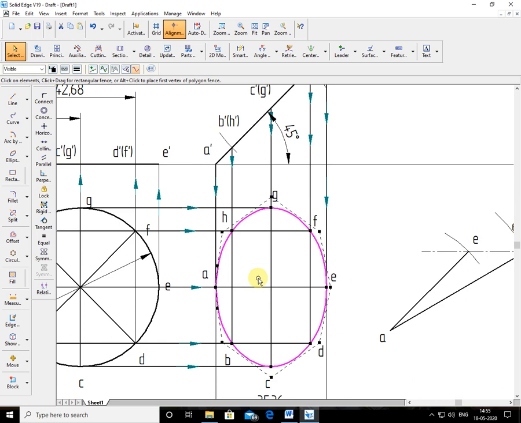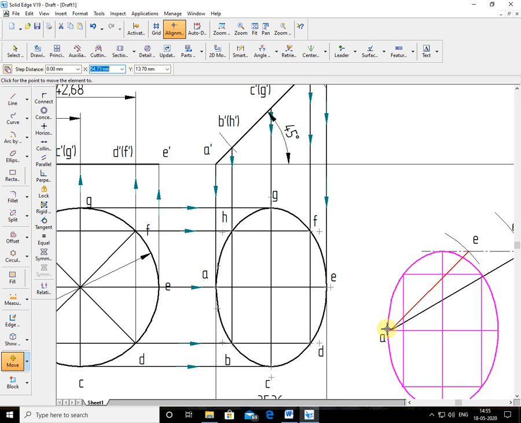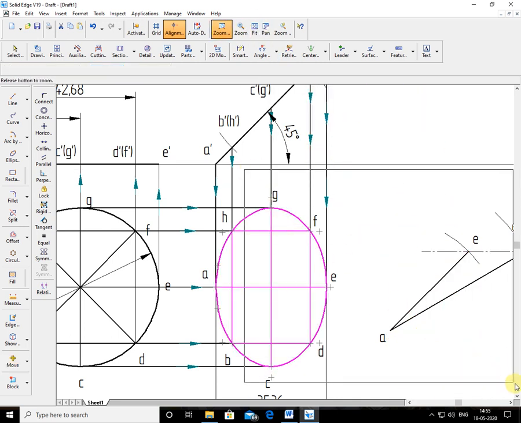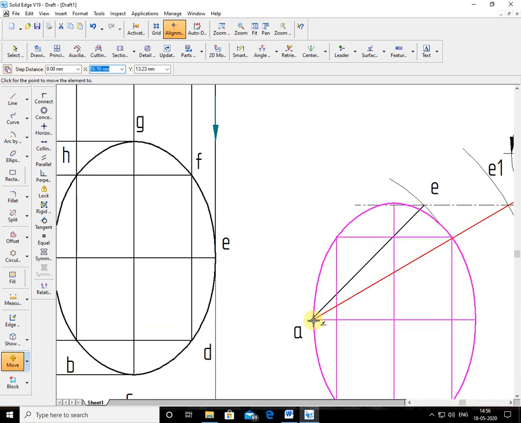So where is the A? I'll keep this selected. I want to move from one point, from the A point. I'll bring it and keep A here on this A. I hope you can imagine it. Before keeping that, you should make sure that the copy option is on, because the original figure should be there in the second position. So now I'll keep it here.